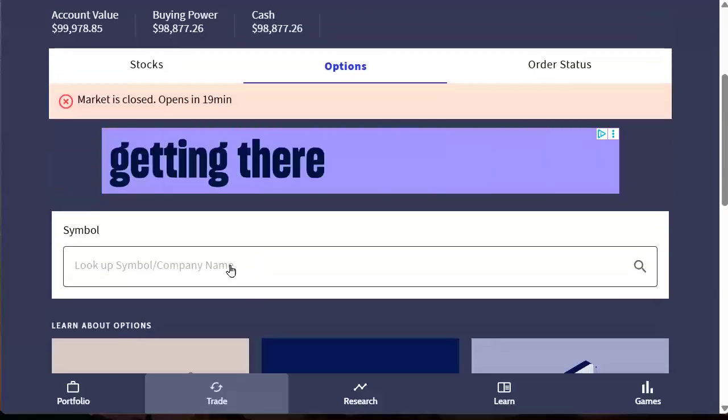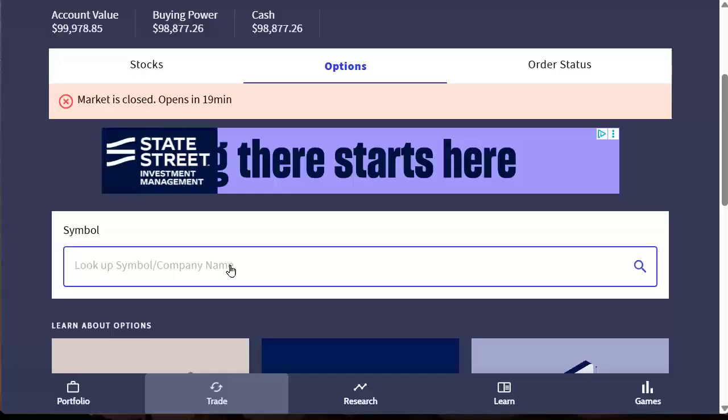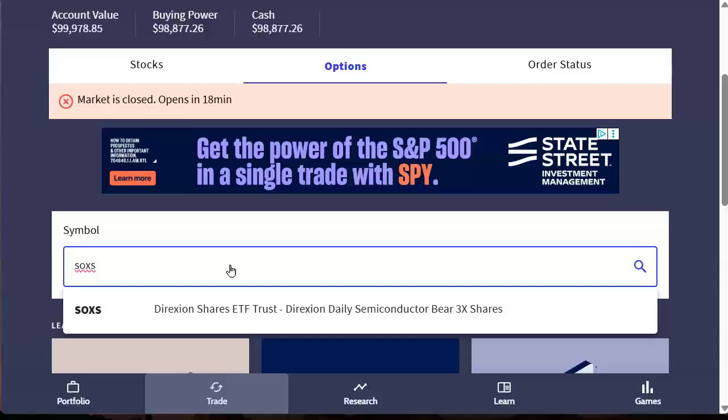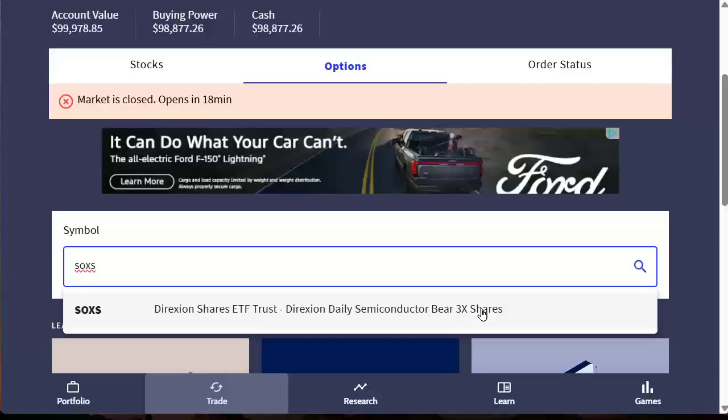Now this one is a very unique one. This is one called SOXS. Now this one is challenging to explain. So what this does, it's called the Direxion Shares ETF Fund. Direxion with an X, Daily Semiconductor Bear 3X Shares. Okay, so it would probably take me too long to explain it in a great deal of detail, but the general idea is this,